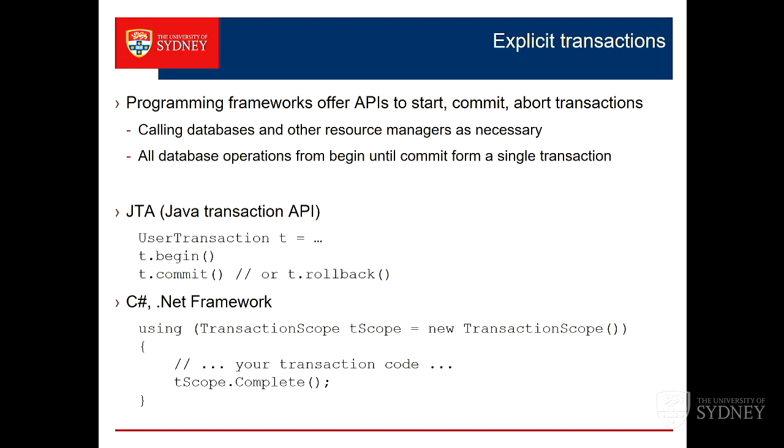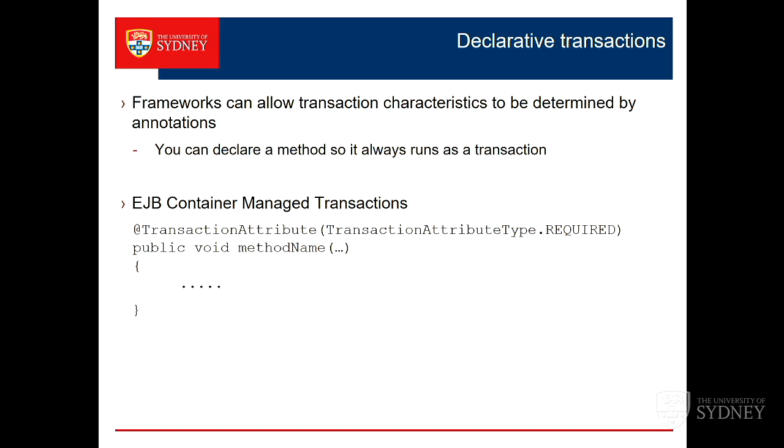So they're explicit transactions. There are also declarative transactions. Some frameworks, EJBs, the .NET framework, let you say, that's all too hard for you. I'm going to say this method is transactional. I'm going to put an attribute on the method saying this is a transactional method, and when you call it, without you knowing, I'm going to do a begin transaction, and when the method completes, I'm going to do a commit. If the method fails, raises an exception, then I'll do a rollback on the transaction. So you don't actually see the begins and ends, etc. They're just done on your behalf.